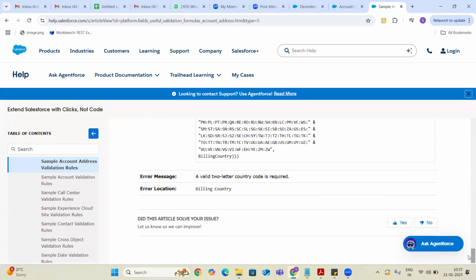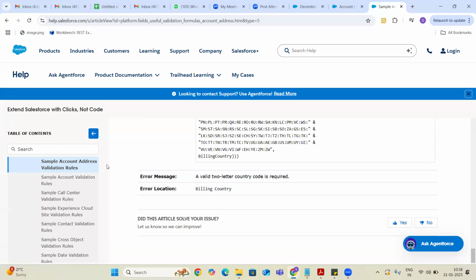So why always billing countries, states, and postal codes? These are only checked in the validation rules because the validation rules that we are seeing are samples of validation rules on the address fields. So basically on the address fields, these types of validations will be asked to make sure the given address is correct.